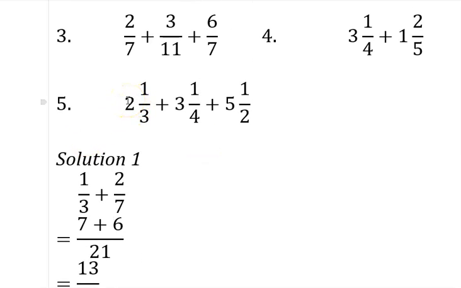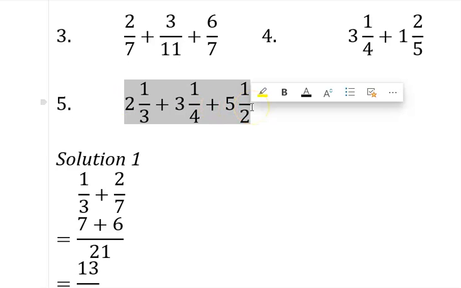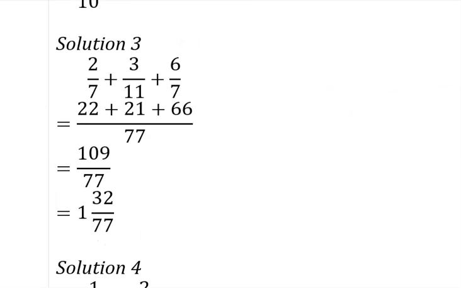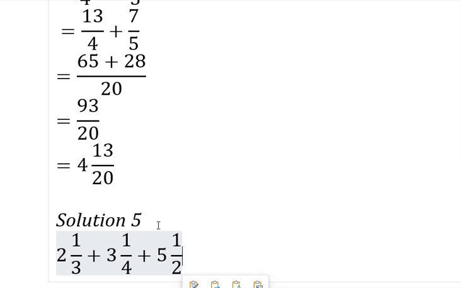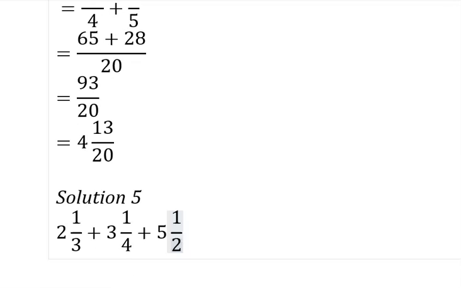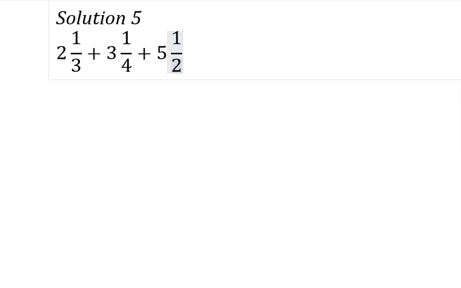This one involves 3 mixed fractions. So we'll say solution number 5. Great. So either we use the first method or we use the second method, since it involves mixed fractions. Okay, let's see what we can do very quickly. Let's just use this as a template. Let's deal with the